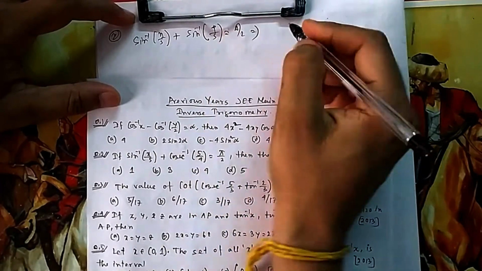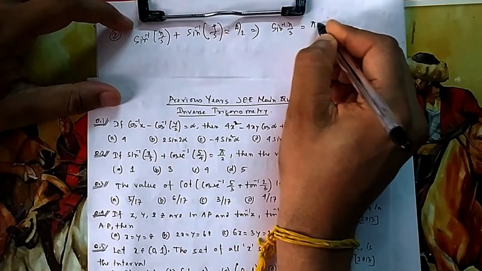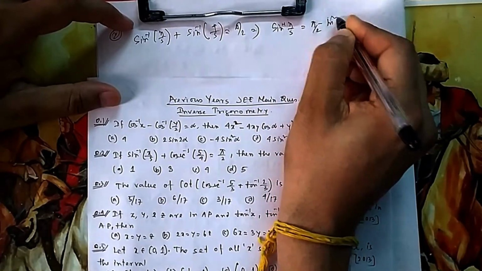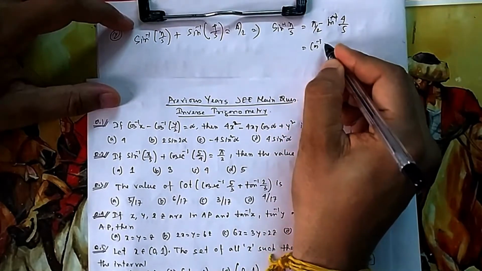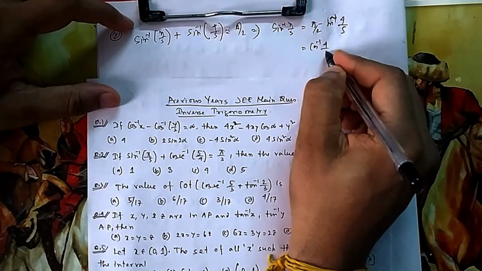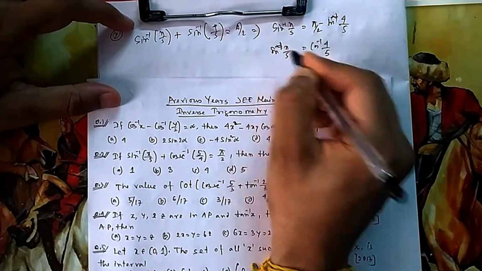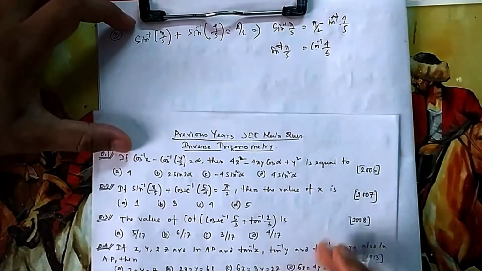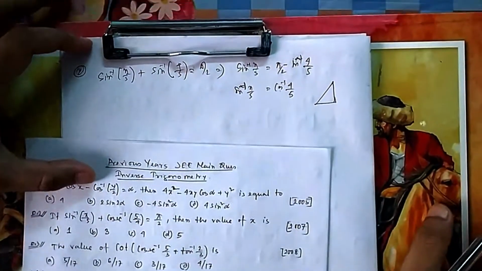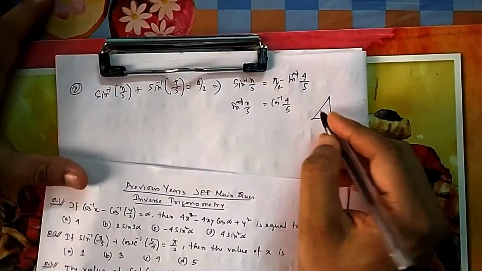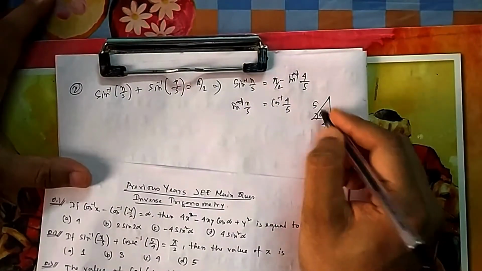Now if you bring this pi by 2 that side, that will be sin inverse x by 5 is equal to pi by 2 minus sin inverse 4 by 5. We have already done one basic question on this. So it will be cos inverse 4 by 5, that is sin inverse x by 5. So now if both are sin inverse, then we could have cancelled it out. So how to take, we can use now for JEE Main, you use a triangle, it will be easy for you. Cos inverse 4, this is 5, suppose it's theta, then what will be sin inverse for this theta?